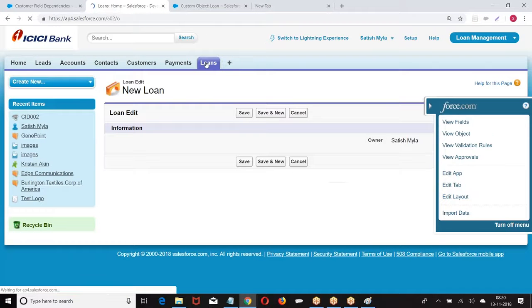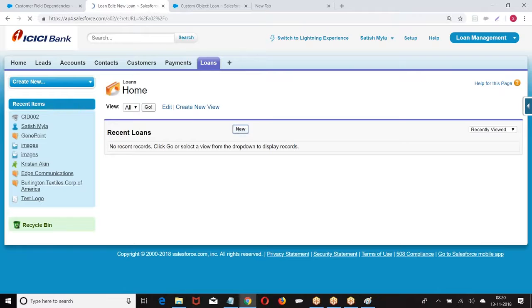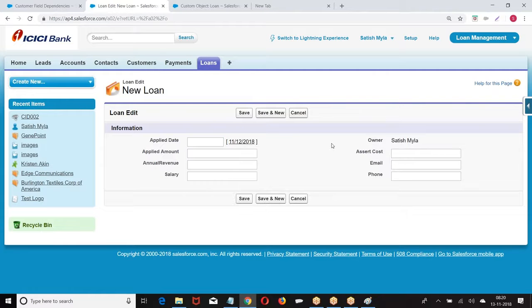So go to the loan, new. This is how the fields are added. So if you go with the schema builder, fields will not be added on the UI. We are supposed to manually add the fields. I hope you are good. So in how many ways we can create? Standard navigation, schema builder. Third one is metadata, SOAP API. Fields will fall under which part of MVC? Model part of MVC.